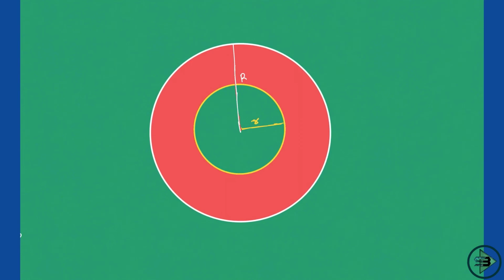So what will you say? This is nothing but the area of the bigger circle minus the area of the smaller circle. So the whole area minus this yellow area will give you the remaining red area, right? So you will say this is equal to what? Pi R square, which is the area of the bigger circle, minus the area of the smaller circle, pi r square. That minus this will give you this red region, which is what you're supposed to find out. So pi R square minus pi r square. If you take out this pi from here, what will remain is R square minus r square, and that is the area of this red region.